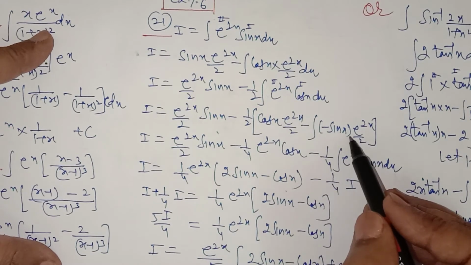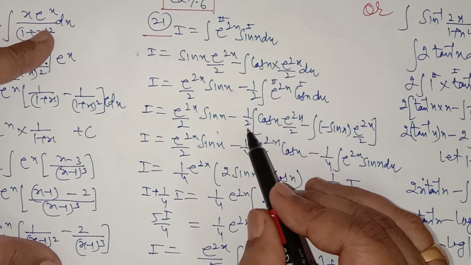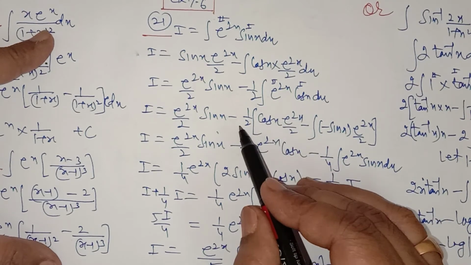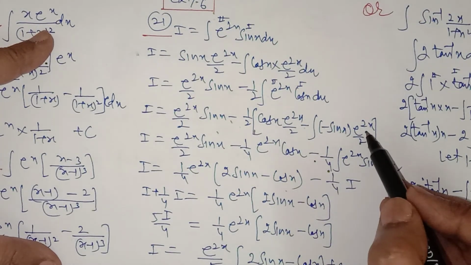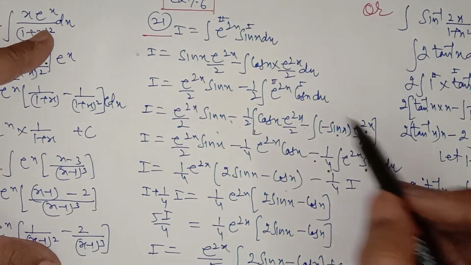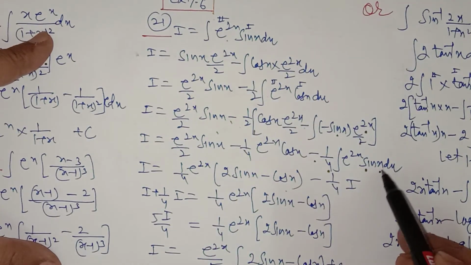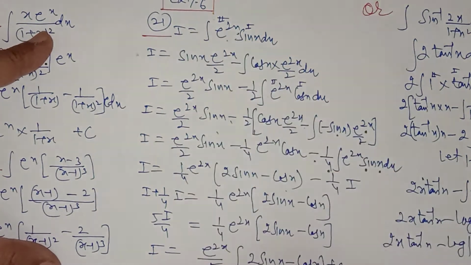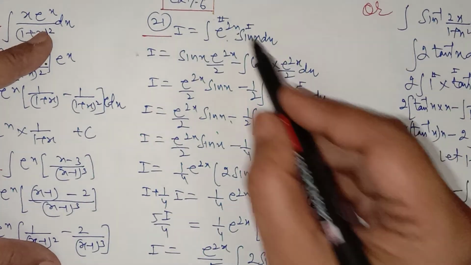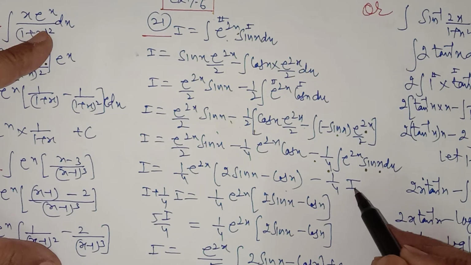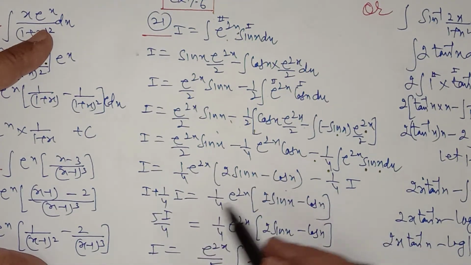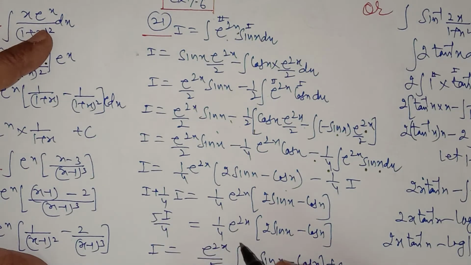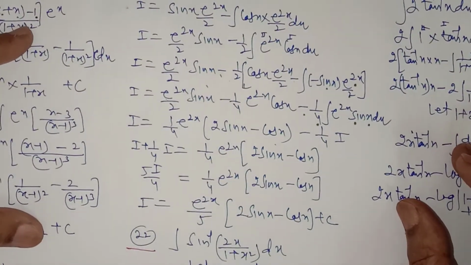Arrange these terms very carefully. Multiply this by this, it will be 1 upon 4 cos x e to the power 2x. This into this will be minus, minus, minus, half into half, 1 upon 4 e to the power 2x into sin x. So it is repeated again. In place of this integral you can put I. Be very careful here. Left side is also I. Take this 1 upon 4 I to the left hand side, it will become 5I upon 4, and these terms as they are. Take this 4 to the right hand side and 5 to the right hand side. So this is the integral of this.